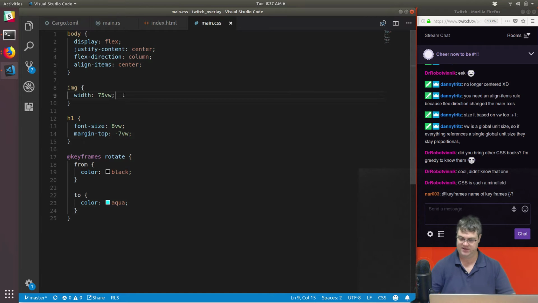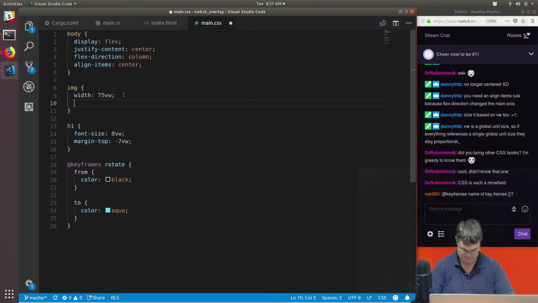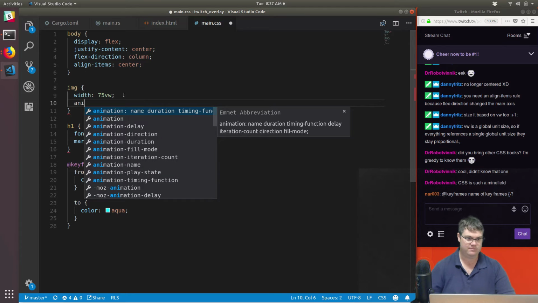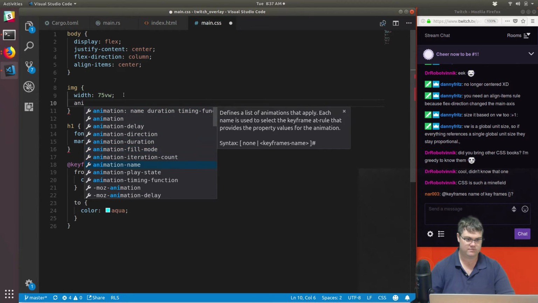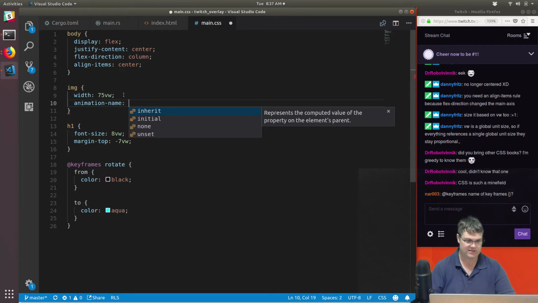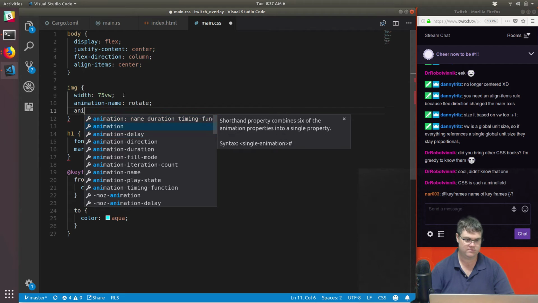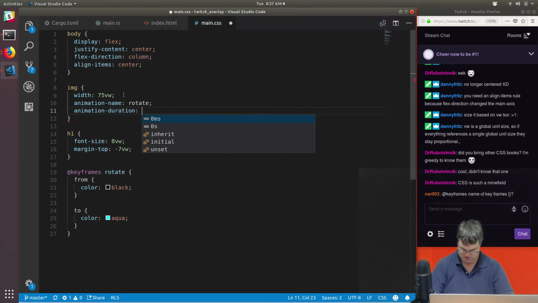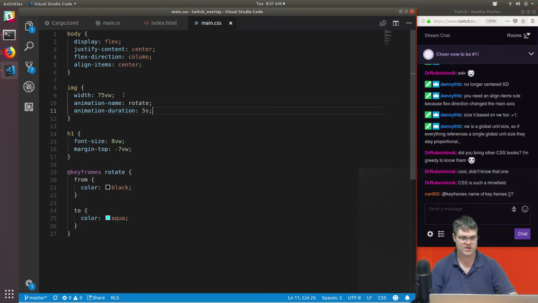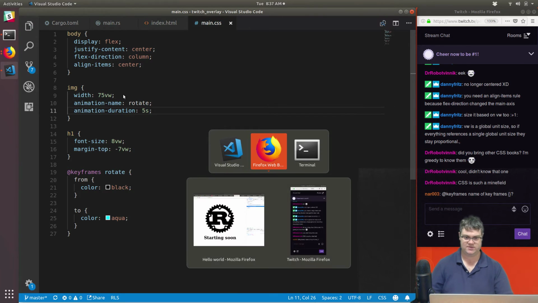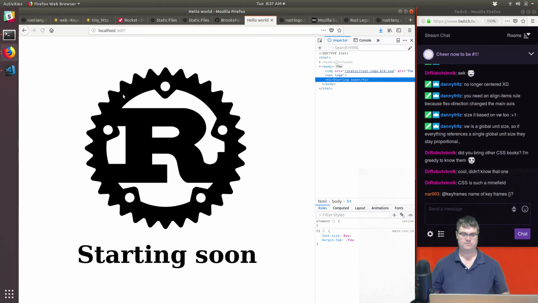So for the image tag, we're going to say animation name is going to be rotate. Animation duration is going to be the number of seconds. So let's just do like 5 seconds. I believe this will just run once. So if I hit refresh,